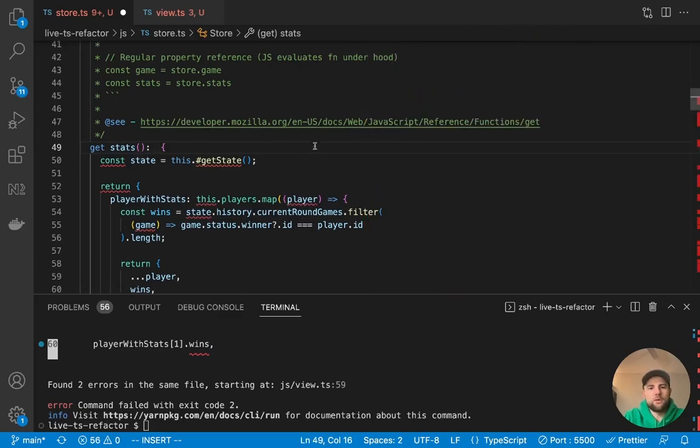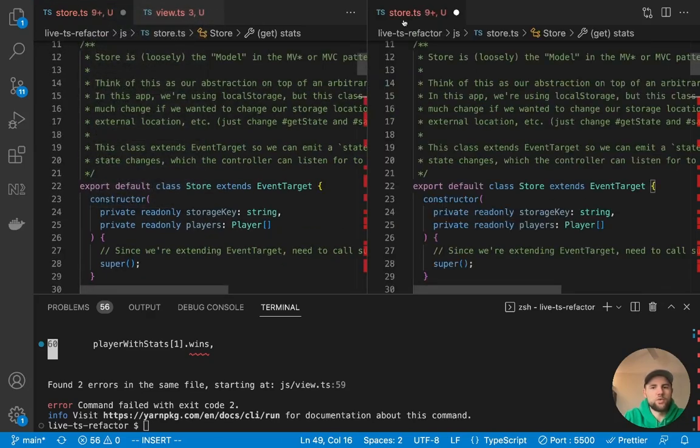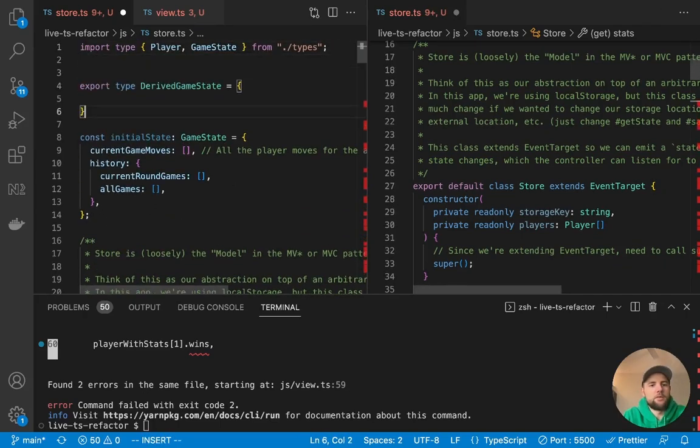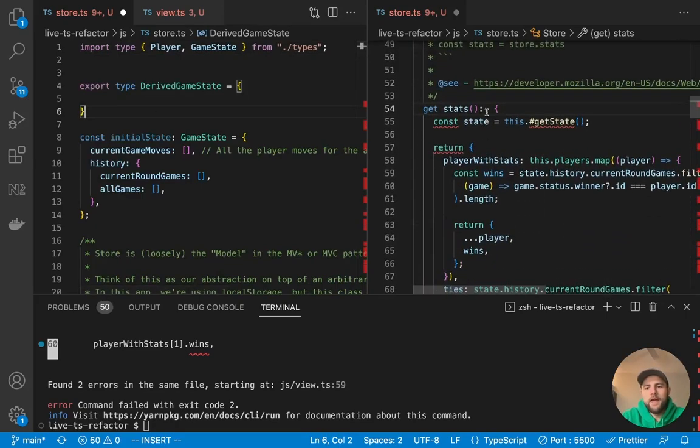So let's actually get rid of types.ts and we'll open this same file twice just so we can edit it in different places. And I'll usually throw types at the top of the file. So derived game state, or actually we don't want to call it that. We'll say derived stats is what we want to call it.